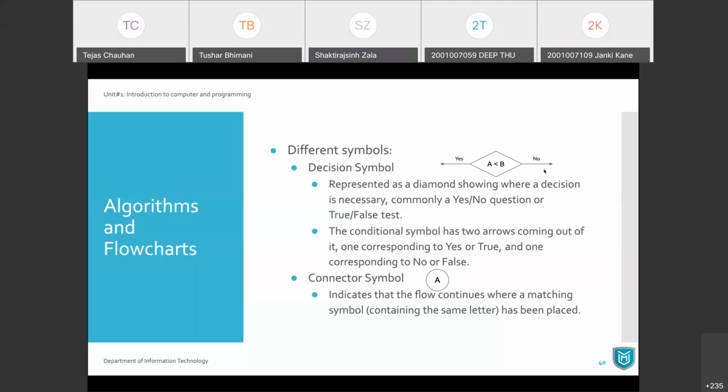Now, let's say you are drawing your flow chart on a page and the page has ended, but your algorithm is not completed yet. The remaining part of your flow chart you are going to draw on a second page. Then somehow you need to have a connector in between.